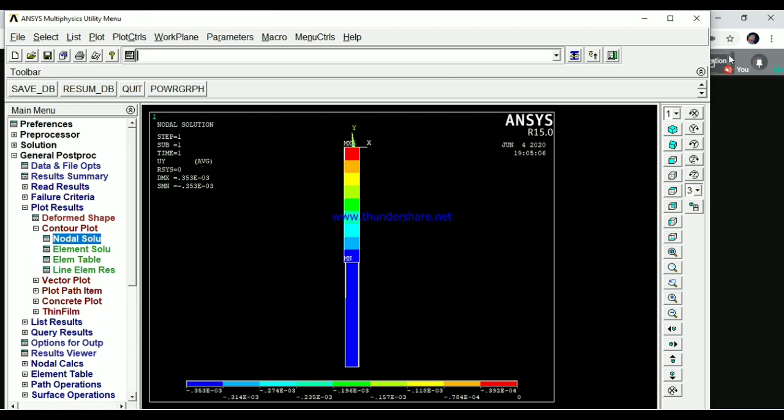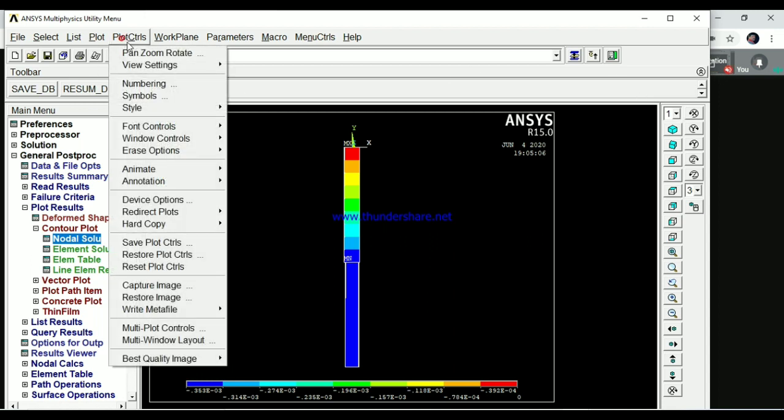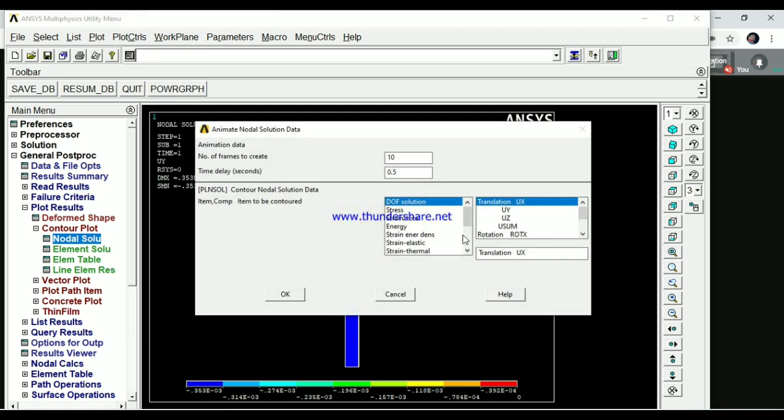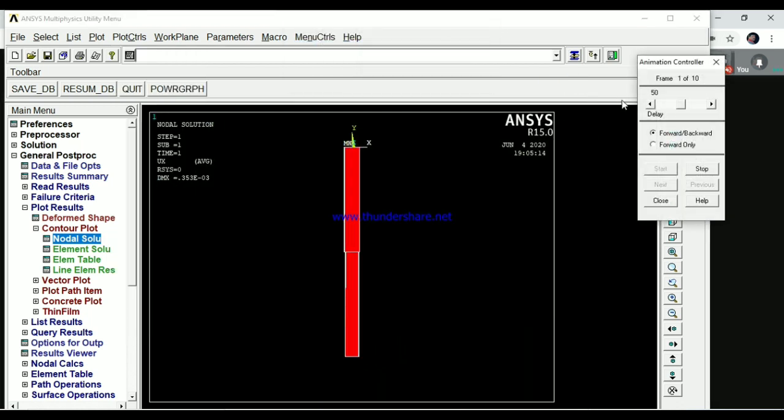You can show the animations also: go to plot control, animate, deformed results, then OK. This is how to get the results and animations.